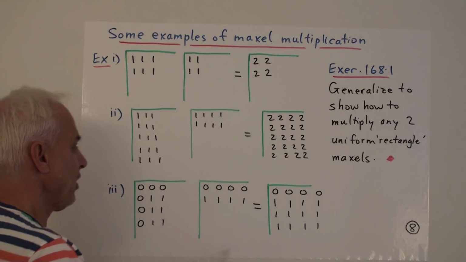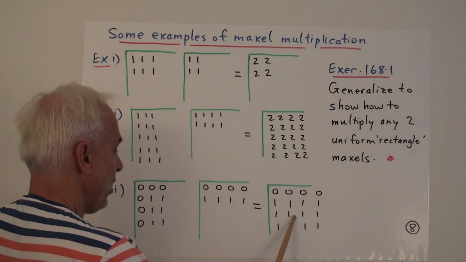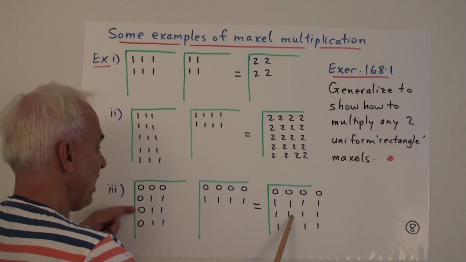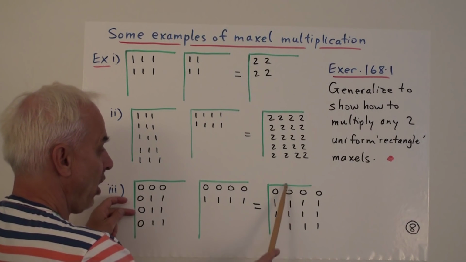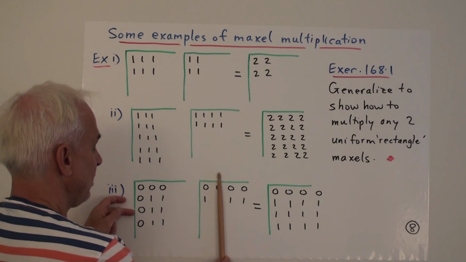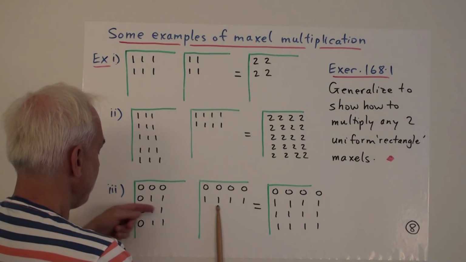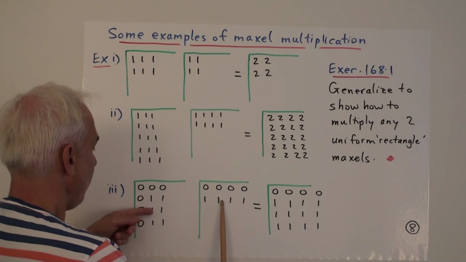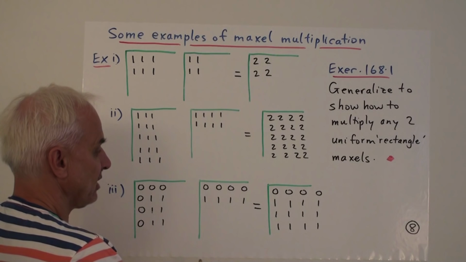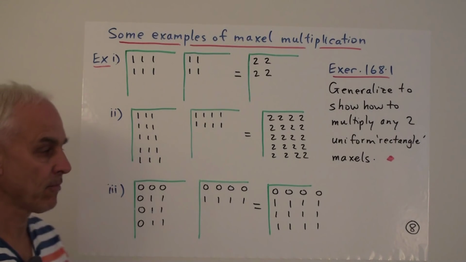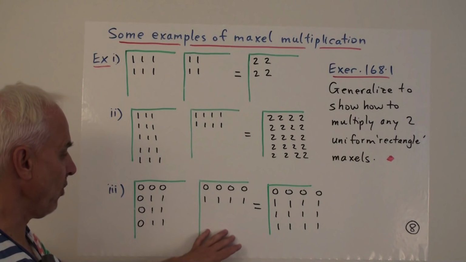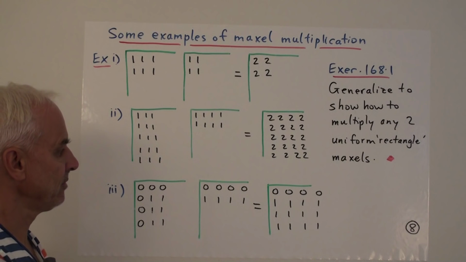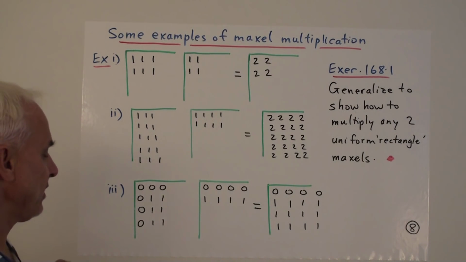It's the same kind of story. So say to get the coefficient there, we would look at the row that corresponds to that pixel in the left-hand maxil, and the column that corresponds to it in the second maxil. So we have to multiply this third row here with this second column here. So that's 0 times 0 plus 1 times 1 plus 1 times 0, etc., to give us 1. So all these empty blanks are, of course, zeros. We could put zeros in here, but it's not going to add any information. Okay, so it's already a little bit interesting.